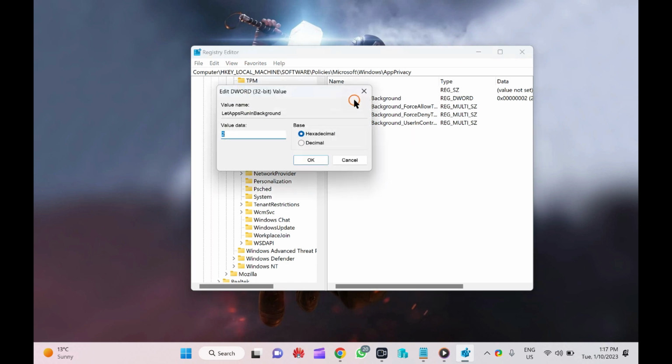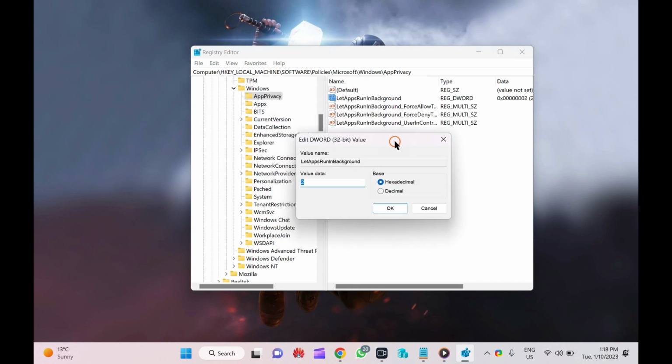In my case, LetAppsRunInBackground is already available. Double click on it to open its Value data field and type the value 2. Value 2 will disable all apps running in the background and stop all background activity from your PC.